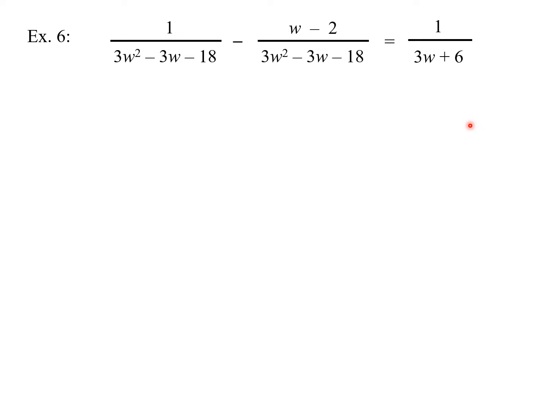All right, what about this one? Well, what we need to do before we multiply the equation by anything is just factor each denominator. I need it down to its basic factors. So I'm going to factor the 3w squared minus 3w minus 18. And the first thing I notice is 3 is a factor of each term, so I'm going to factor out